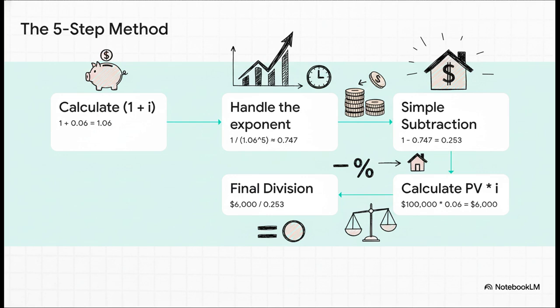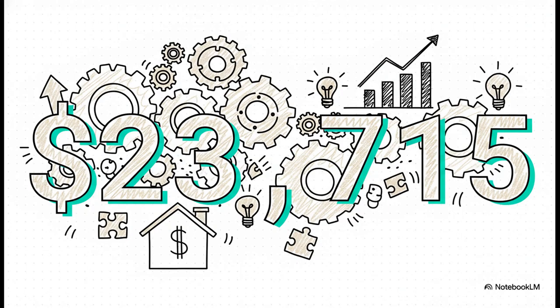5 easy steps. Step 1, just add 1 to the interest rate. Step 2, we handle that tricky exponent thing. Step 3, a super simple subtraction. Step 4, we figure out what 1 year of simple interest looks like. And for the grand finale, Step 5, we just divide the number from Step 4 by the number from Step 3. That is it. And bam, there's our answer,